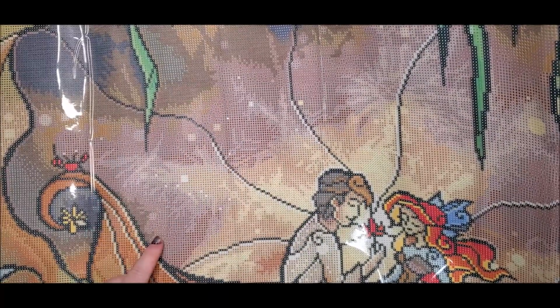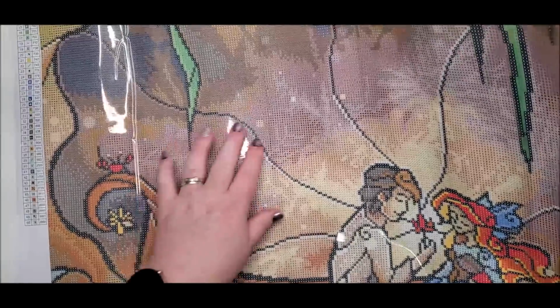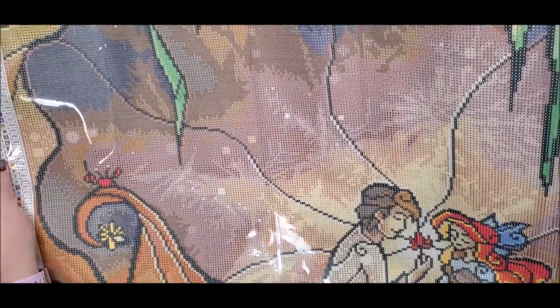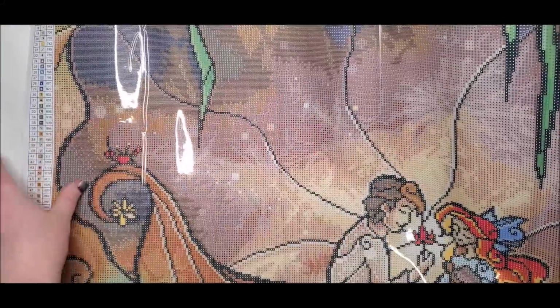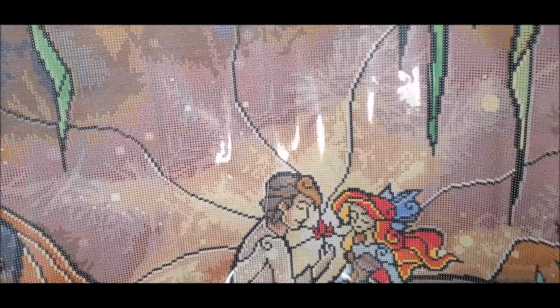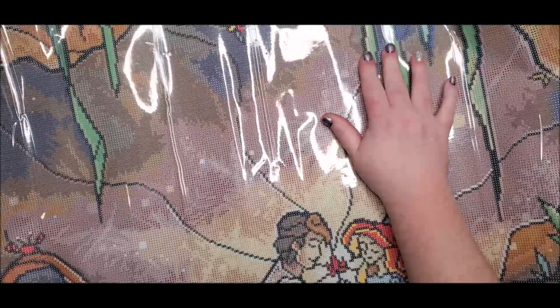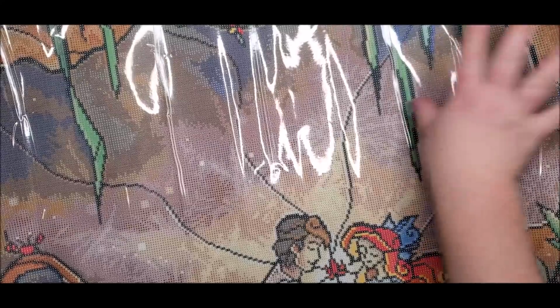And you know, it's not just brown, it's got different shades of brown, and it's almost like you can tell that there's something in the background behind there, but we're not sure what. And there is a lot of blue down in the bottom, but it does feel like they're in a cave. I love how they've got the green hanging down, the vines or whatever these are called. I think I would have liked to have seen more of that and less of the brown. But otherwise,